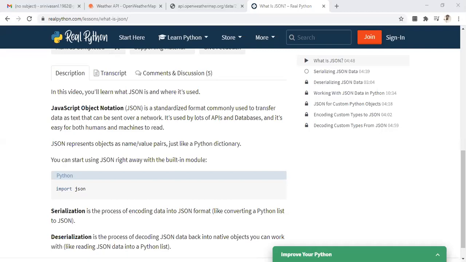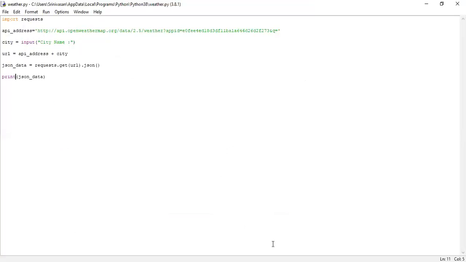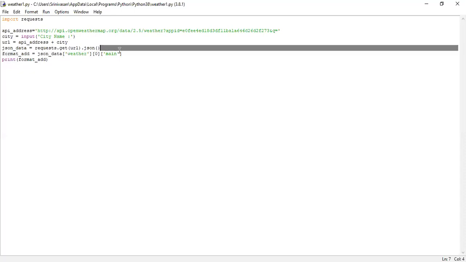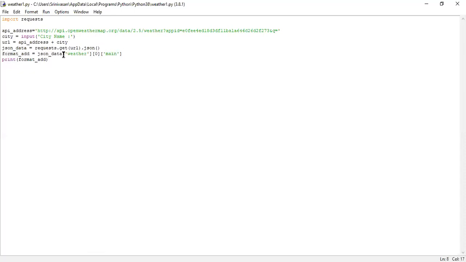If you want to learn more about this, you can optimize it. See here, the same program, with the city as usual. Just a second. I've written one more program here, guys. The same program, I've copied it. Only one line I have changed here. Can anyone who is good in Python say what I'm trying to do here? What will be the output of this program?